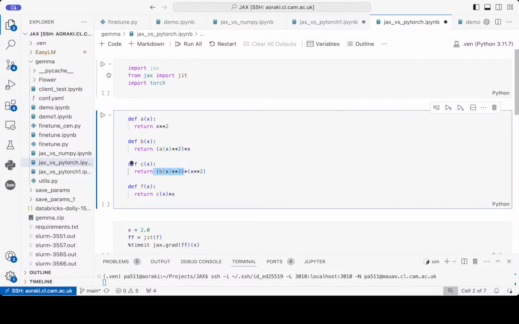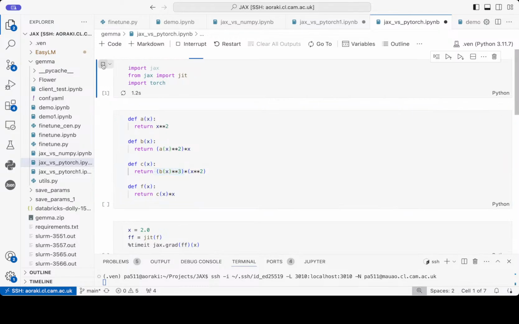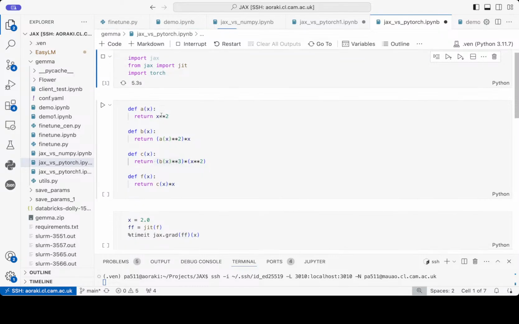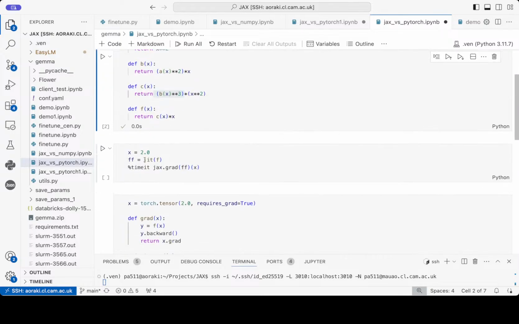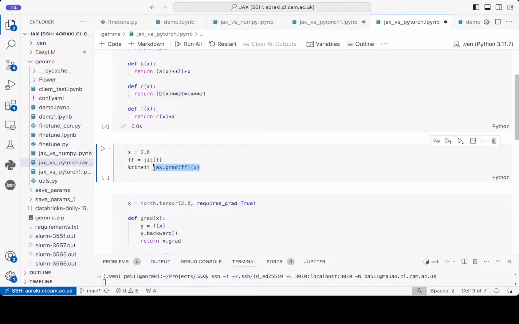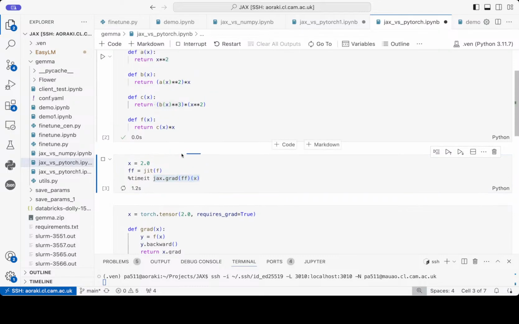Let's find out. Just like before, we import Torch, we import JAX. It's going to take a while. Both are big libraries. I'm going to commit these functions into memory, add them to the JIT, and then ask JAX to calculate the gradient of them 1,000 times and time it.